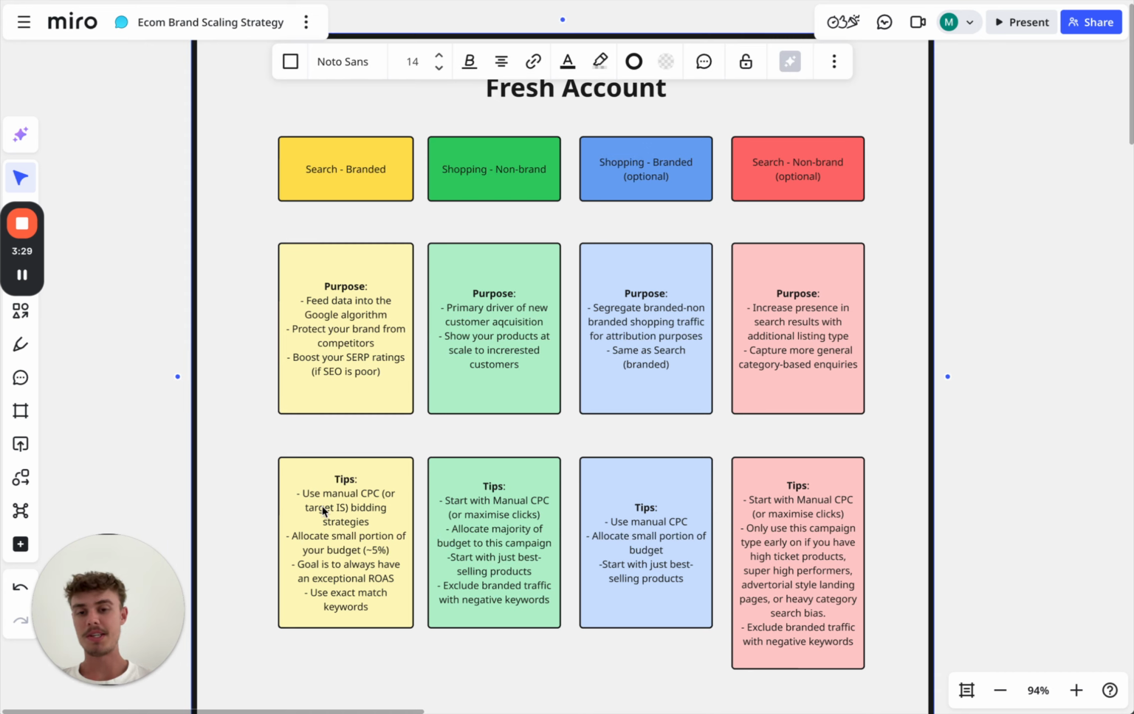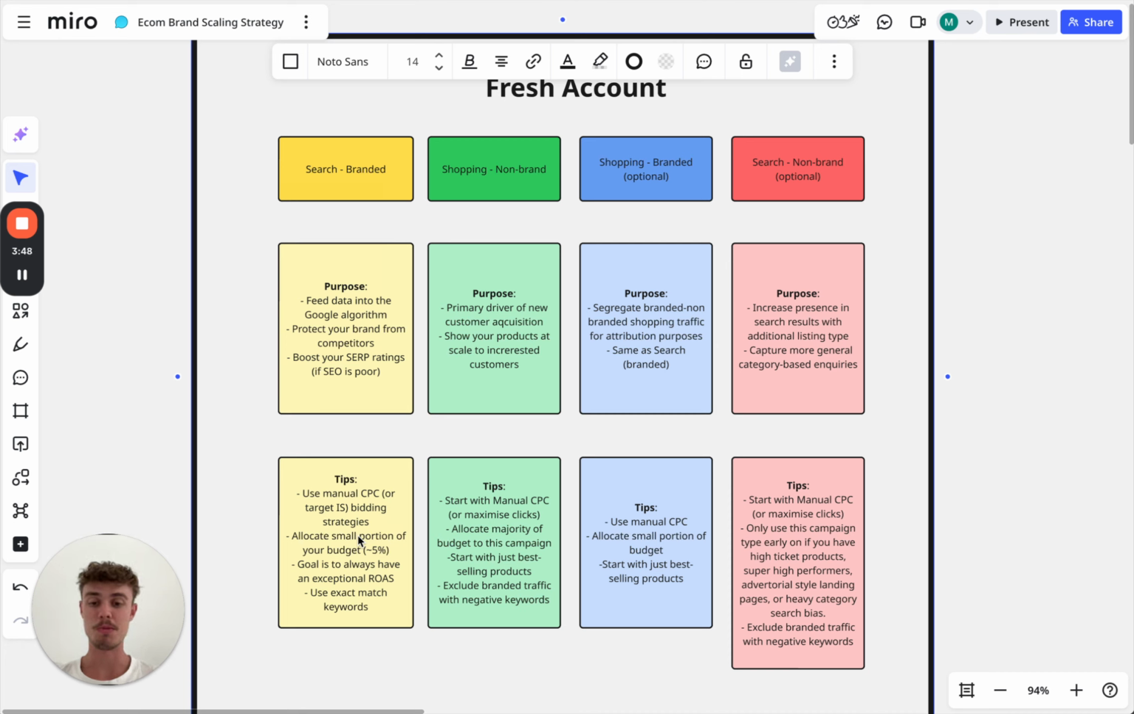Some tips for this campaign type. Make sure to use manual CPC bidding or target impression share as your bidding strategy, because if you use anything automated, Google will inflate your bids and they'll charge you too much and you'll overspend and your ROAS will drop down. So make sure you're using a manual CPC bidding strategy or target impression share for the best results and